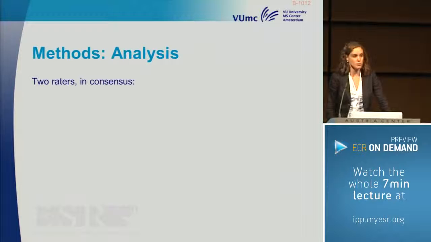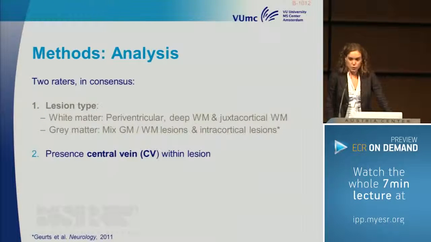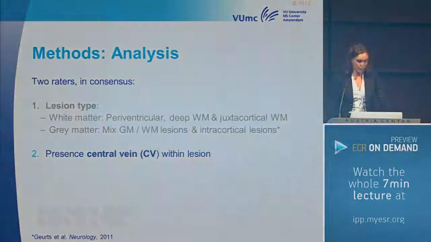The images were rated by 2 raters in consensus, and we categorized all the lesions into different white matter and gray matter lesion types. We also assessed the presence of a central vessel within a lesion because it is known that